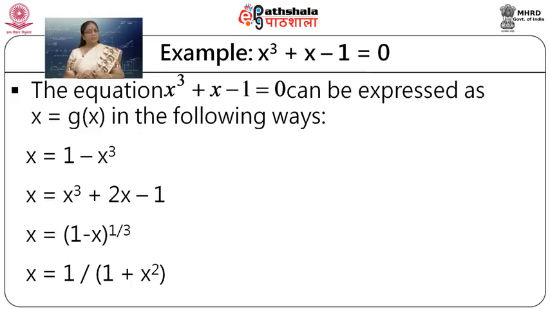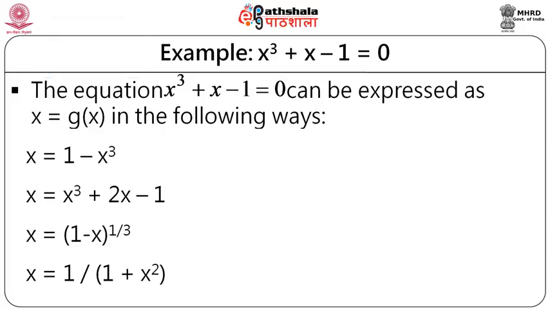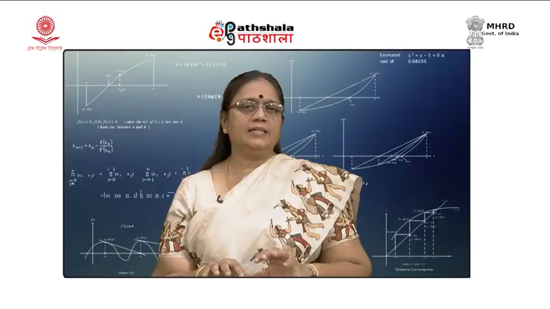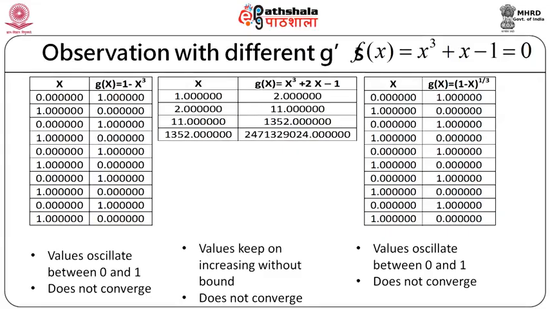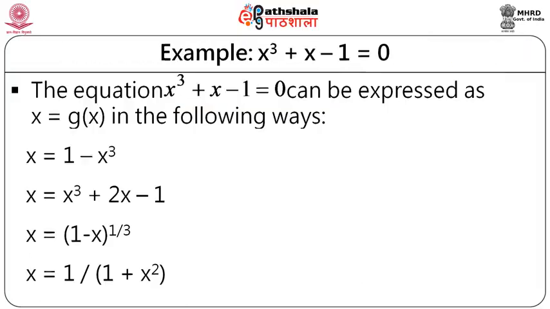And still there is one more way. I take 1 on the right side, the left side is x^3 + x, and take x common. So, we get x(1 + x^2) = 1, giving us x as 1 upon 1 + x^2. So, in this simple example, we have been able to express x = g(x) very easily in 4 ways. The question is,